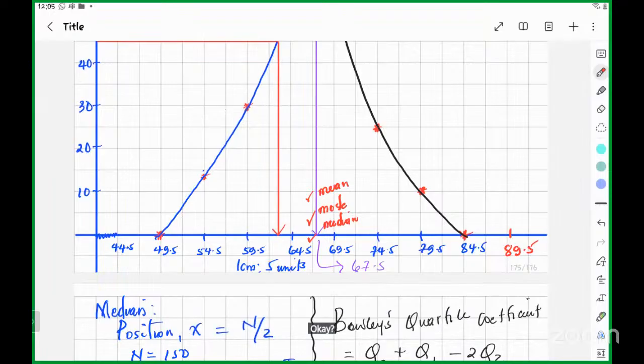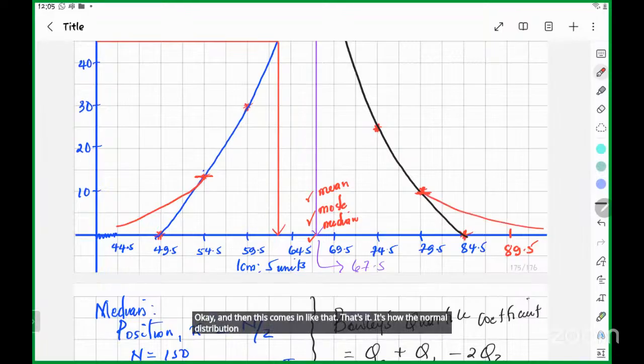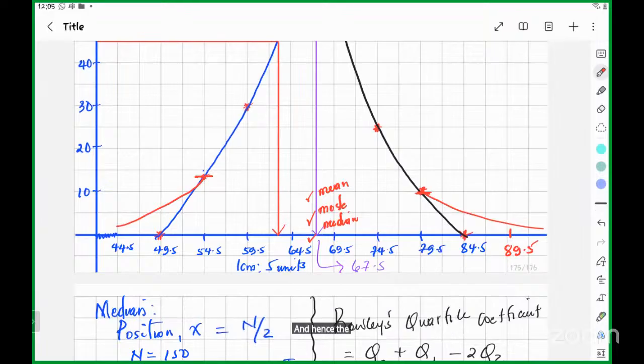Yeah, they are not asymptotic. But you remember even those classes were just introduced? The 0 classes were just introduced. So it would stay here, and this would stay here. Okay, and then this comes in like that. The tails. Okay, it's how the normal distribution comes in. And hence the question that the measures of location that are